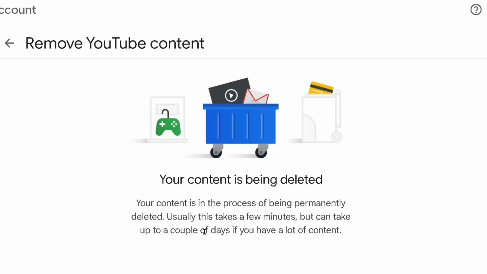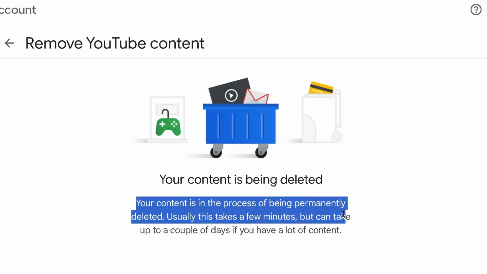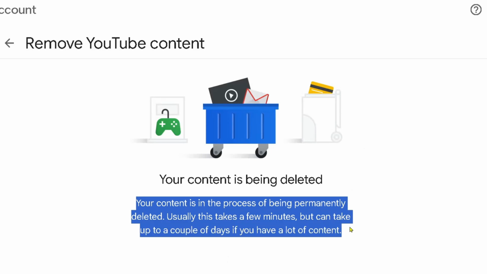Then it'll bring you to this page where it'll say your content is in the process of being permanently deleted. This usually only takes a few minutes, but can take up to a couple days if you have a lot